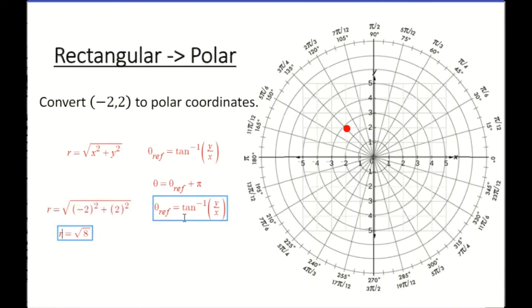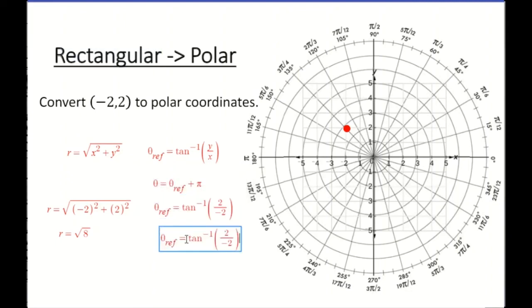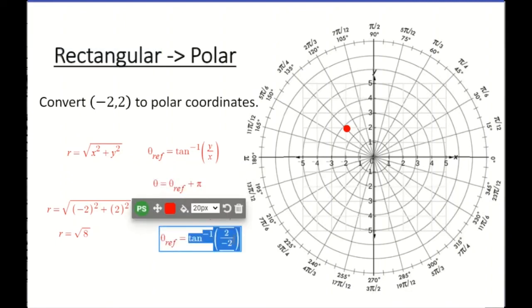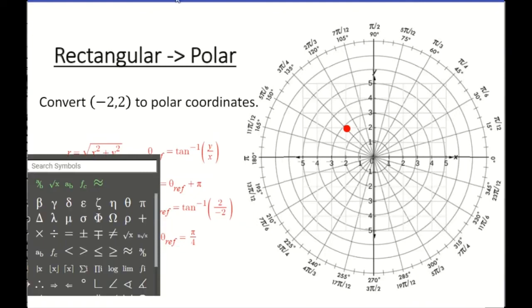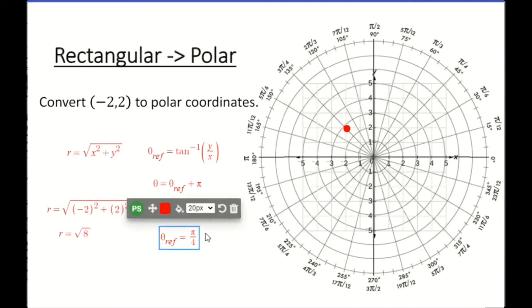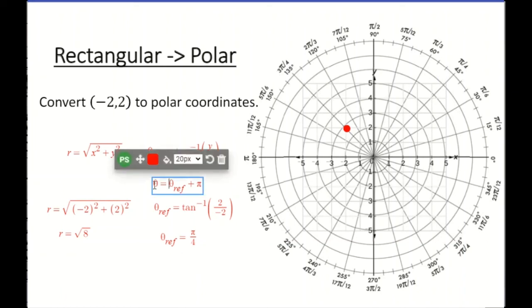Okay, so in this case the y is 2 and the x is -2. So this is just the inverse tangent of 1, and so what that's going to end up giving us is pi over 4. If you put that in the calculator, you get the same thing. If you just evaluate that, you will get pi over 4. Now once you have the reference angle, we can find the actual angle pretty easily. We were expecting it to be 3 pi over 4, and that's exactly what we're going to get. Because if we add pi to pi over 4,